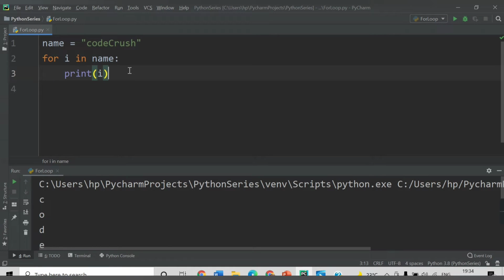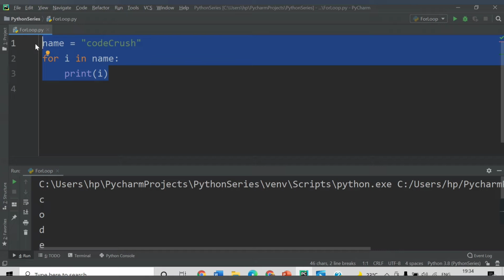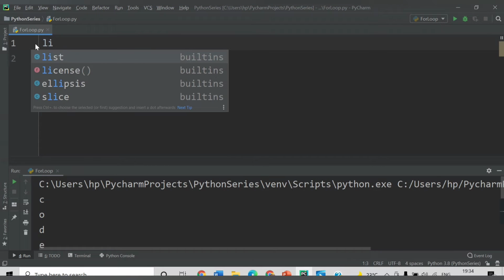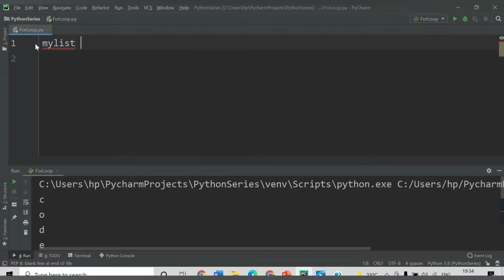Also, another for loop we will check now. Let's say you have some list, the name of the list is my list, and we can declare a list with square brackets, and you have the values 10, 20, 30 and 40. What you want to do now is get the sum of the list. For each item you need to take and add to the other, like 10 plus 20 is 30, then 30 plus 30 is 60, and 60 plus 40 is 100.